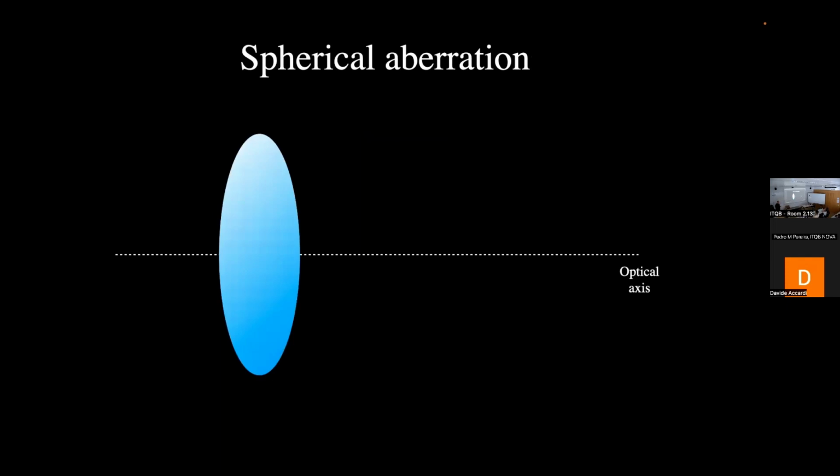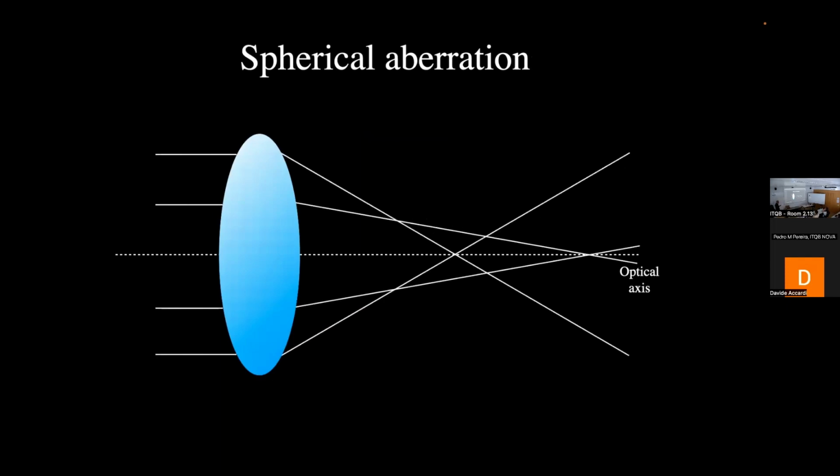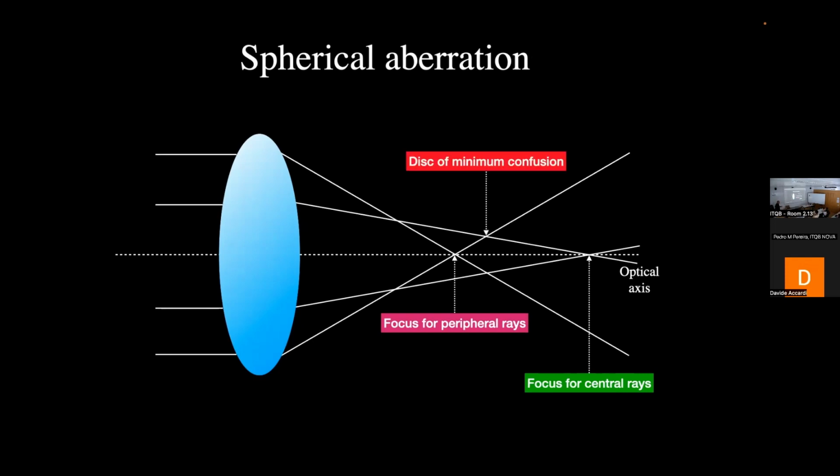All right, so spherical aberration. So this is what happens. When you shine light parallel to this, like a converging or positive lens, you have peripheral rays of light that are focused closer than central rays of light, generating actually a defocusing of the object that is sending the information. And here you have what is called the disk of minimum confusion, because it's the part where they are closest together, but it will not give you anyway